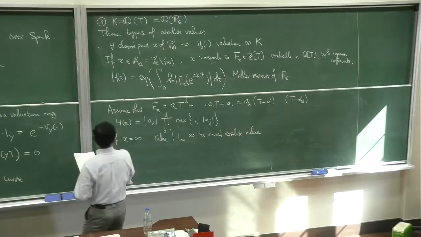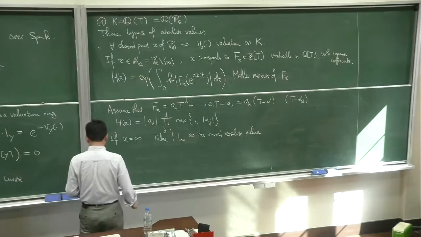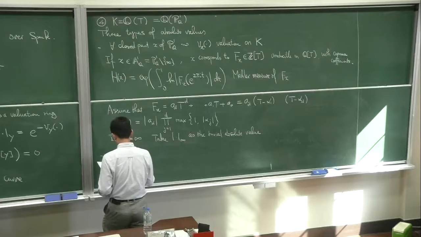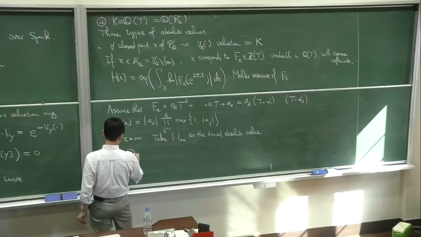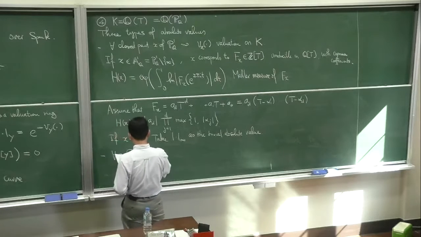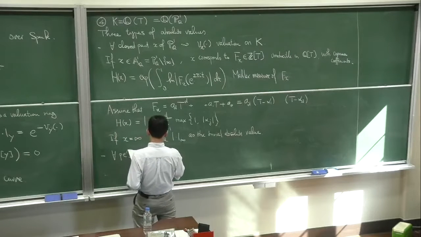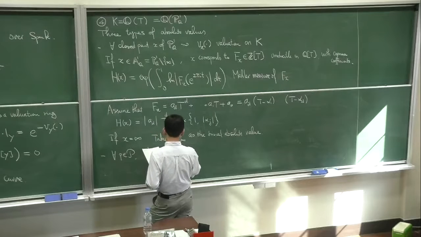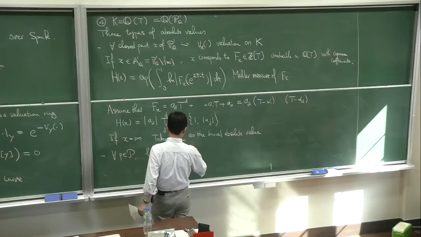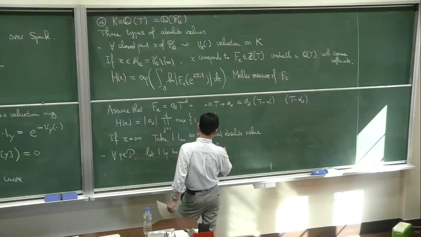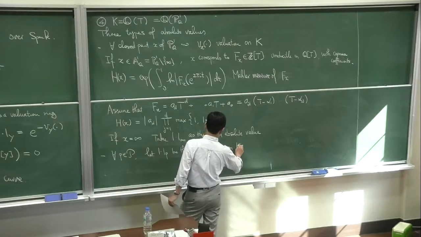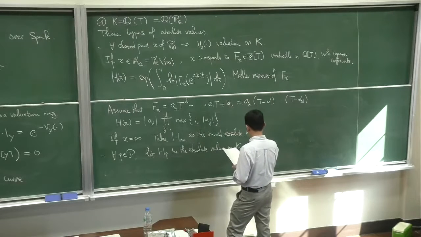Okay, so this is the first type of absolute values. The second type is something coming from the absolute value of Q. So for any p prime number, we let this one be the absolute value, such that